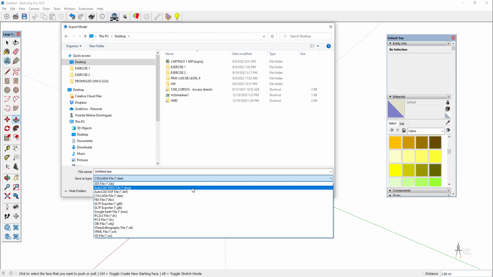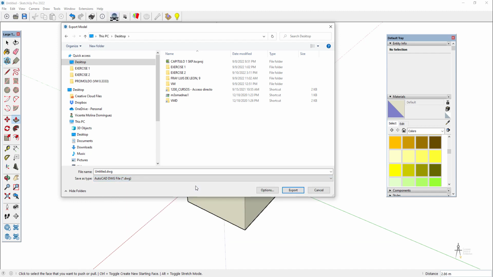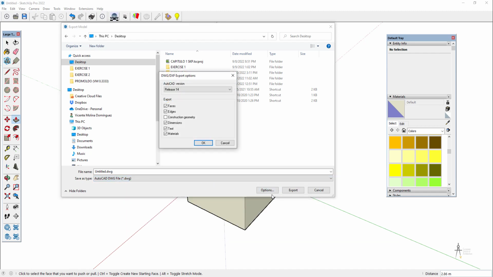I'm going to click on DWG, AutoCAD, and I'm going to click in Options. Here, you've got whatever you want to export. Try always to remember to export it to a previous version to the one you have of AutoCAD, and here you can decide what you want to export. You've got the edges, the faces, text, whatever it is you want to export. Decide. I'm going to leave it as it is, but it depends on what you prefer. So you click on OK,